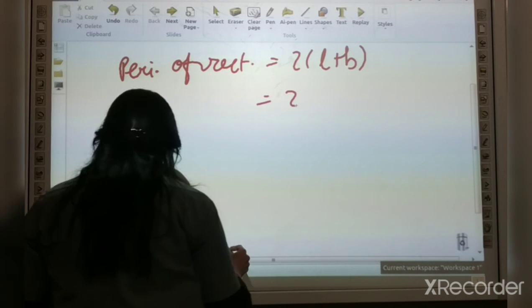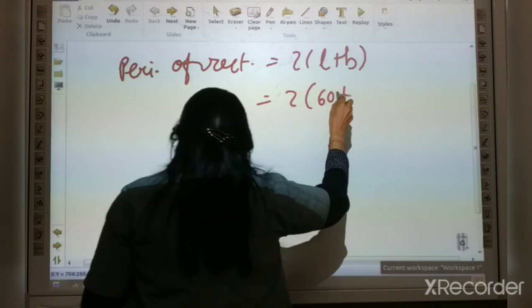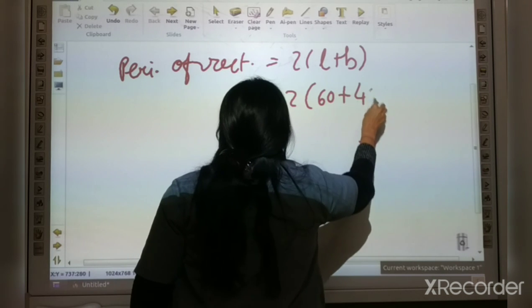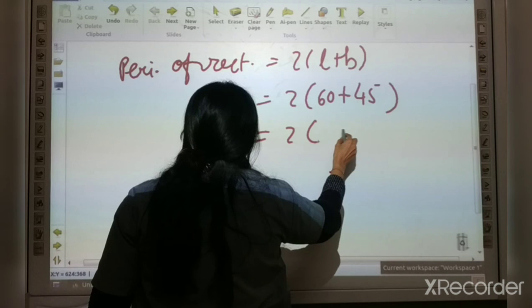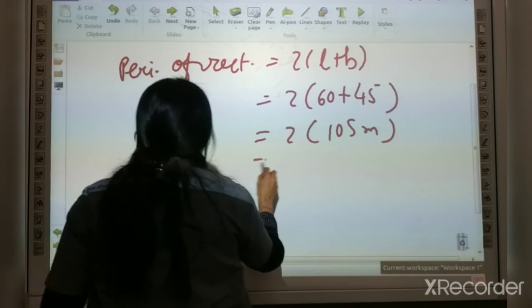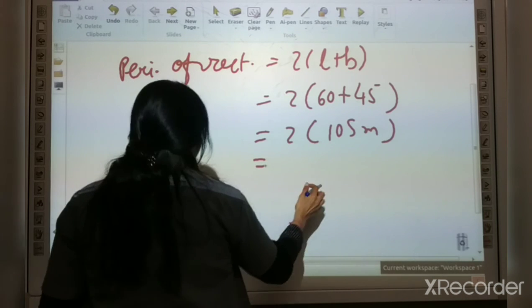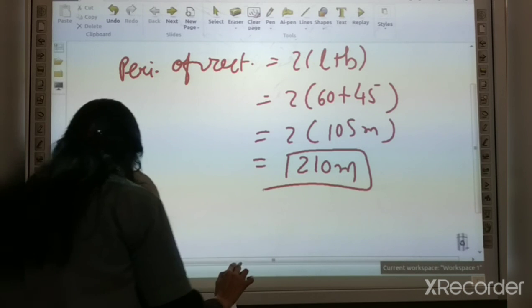So length is equal to 60 meter and width is equal to 45 meter. Now 60 plus 45 is equal to 105 meter. Now 105 multiplied with 2. Answer is 210 meter. Right? So 210